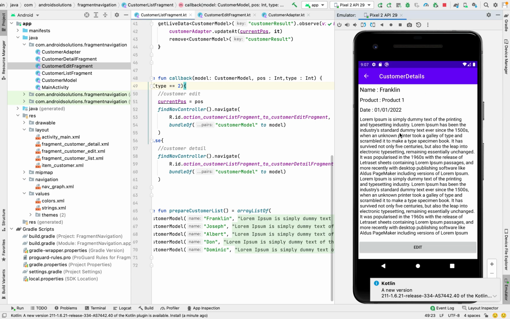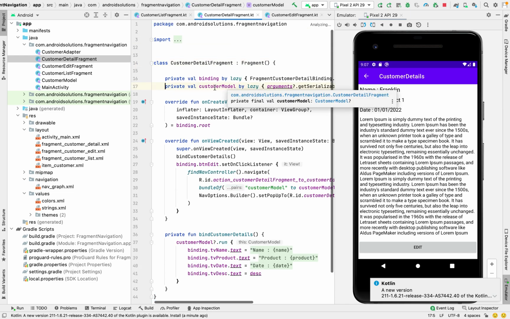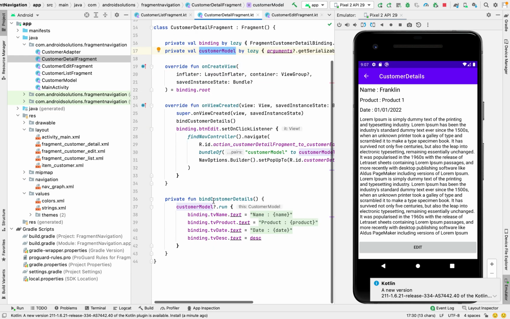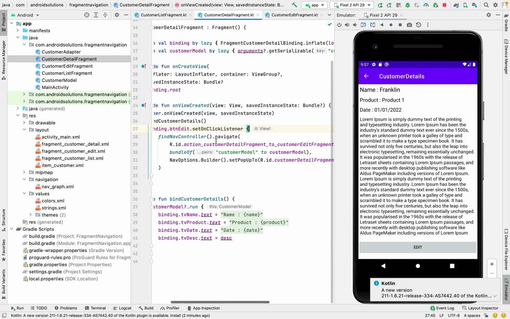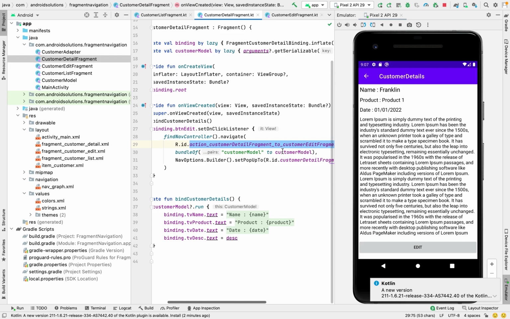Here you can see the customer detail fragment with more details printed in the customer detail in the text views. Similar to edit fragment, we are retrieving the values from the bundle using the same approach. And this customer model, we are just printing all the values from the customer model in the text views. On top of this edit button, we are moving from this detail fragment to the edit fragment. You can see the customer detail to customer edit fragment with the customer model as the argument, which is passed